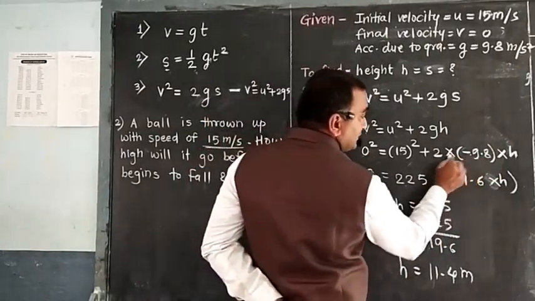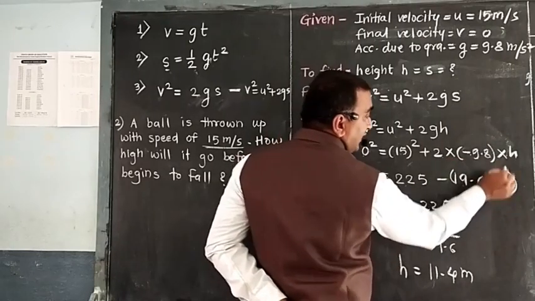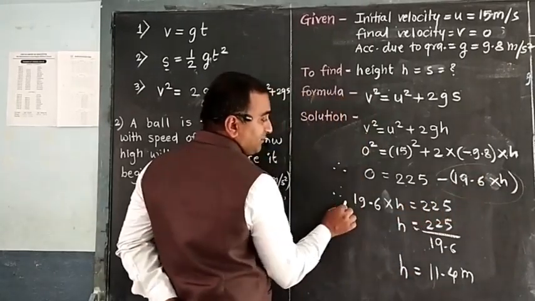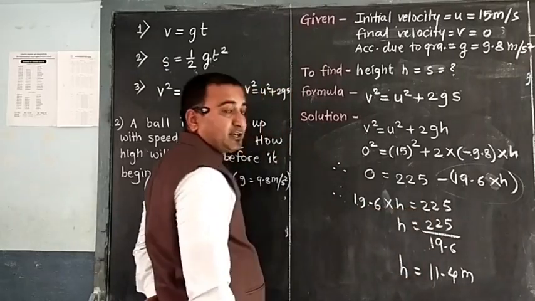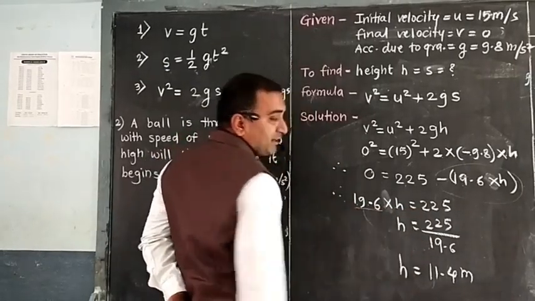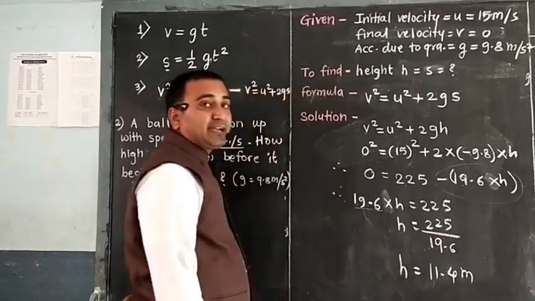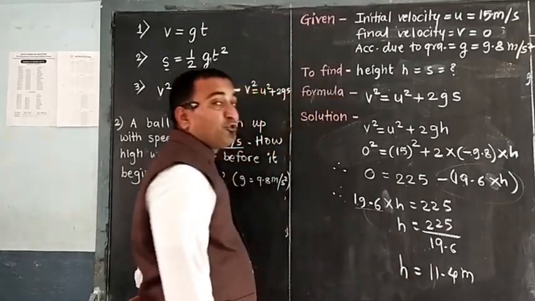So negative 19.6 into h. As it is all transferred to the left side, it becomes positive. So 19.6 into h is equal to 225. So h is equal to 225 divided by 19.6, and the final answer we are getting is 11.4